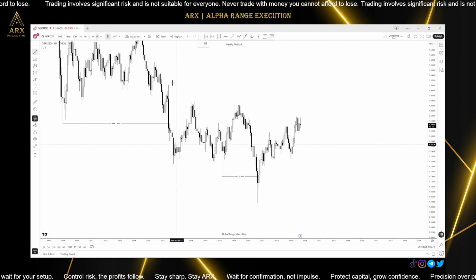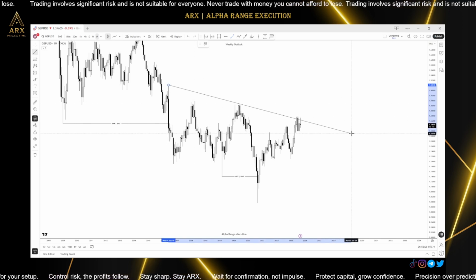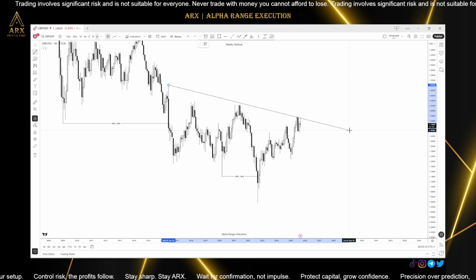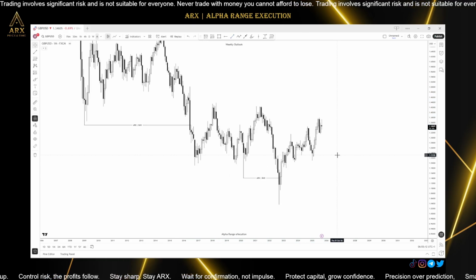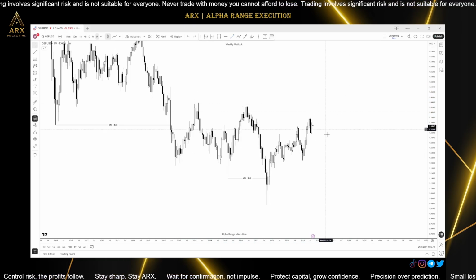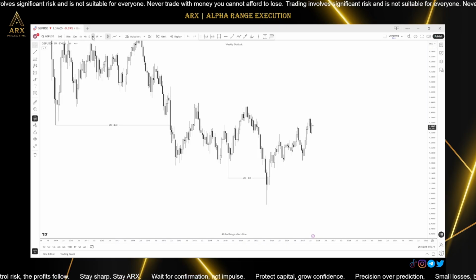Also you can see you have this trend line liquidity as well. It's been respected on the monthly time frame, so these levels are strong. So if you go to the weekly time frame,